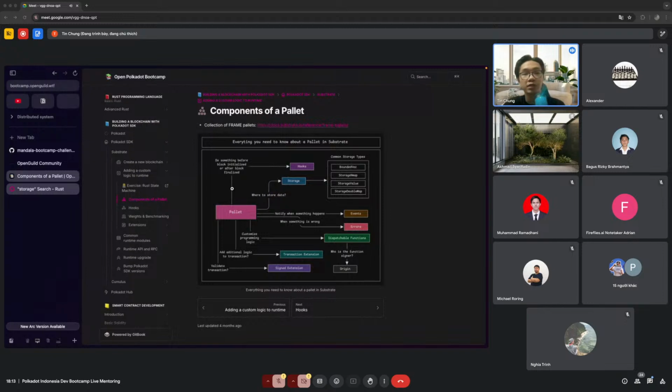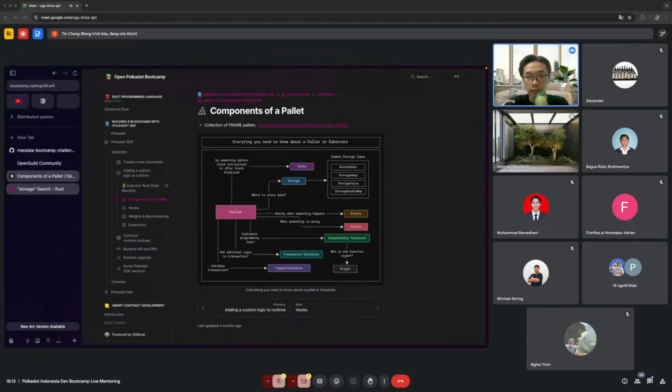Now we're gonna move to the technical part. I'm not sure what you learned last week, but today we're gonna skim through the components of a pallet, adding custom logic to the runtime, and also common runtime modules, runtime API and RPC. Those are in the bootcamp guidebook.